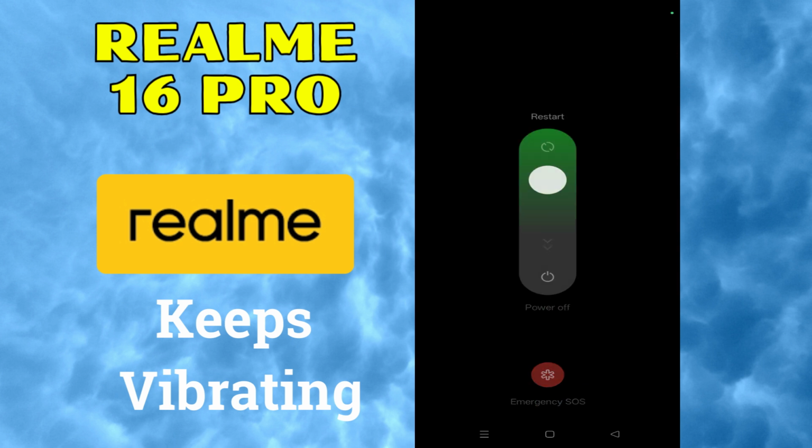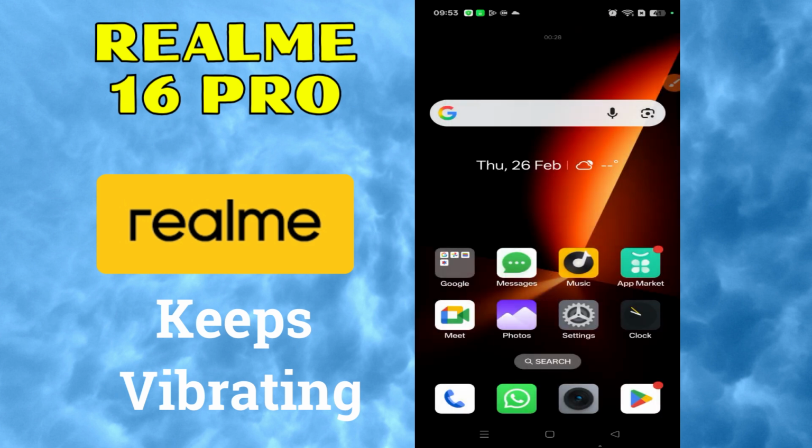After you click and hold the side button, you will see the restart device option here. After restarting the device, go back to the home screen and you will see your problem is solved. But if it is not solved,